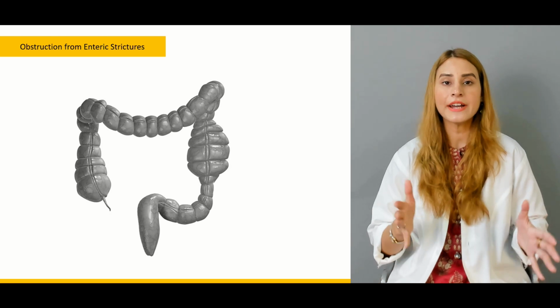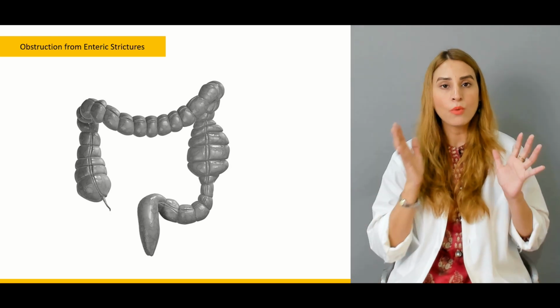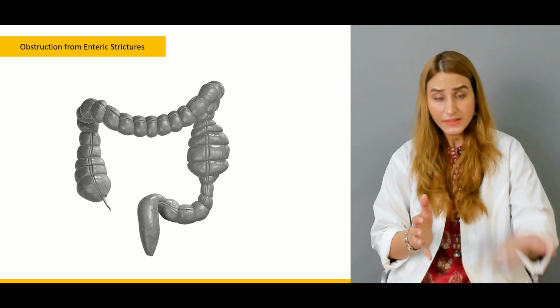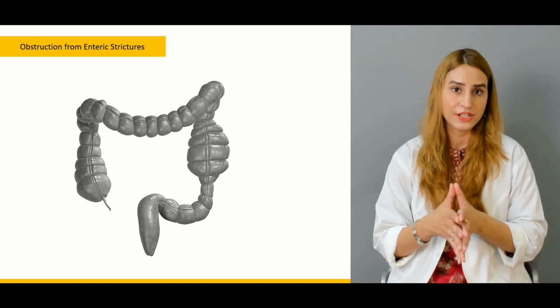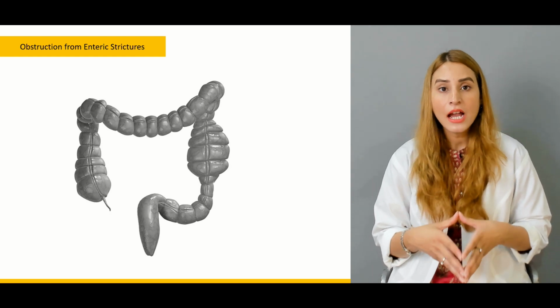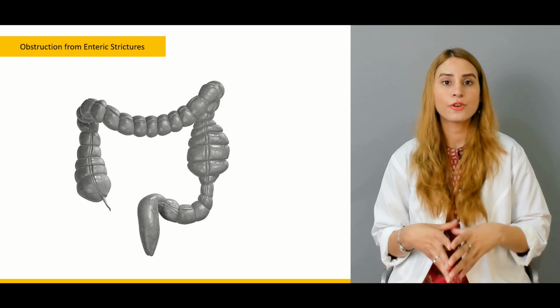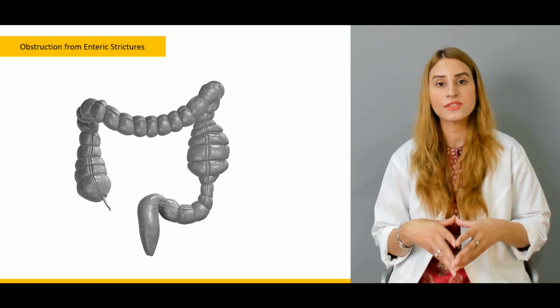So whenever there's a chronic inflammatory process involving the gut segment, that can lead to the formation of strictures. And there can be stricture formation in typhoid, and in tuberculous infection as well,